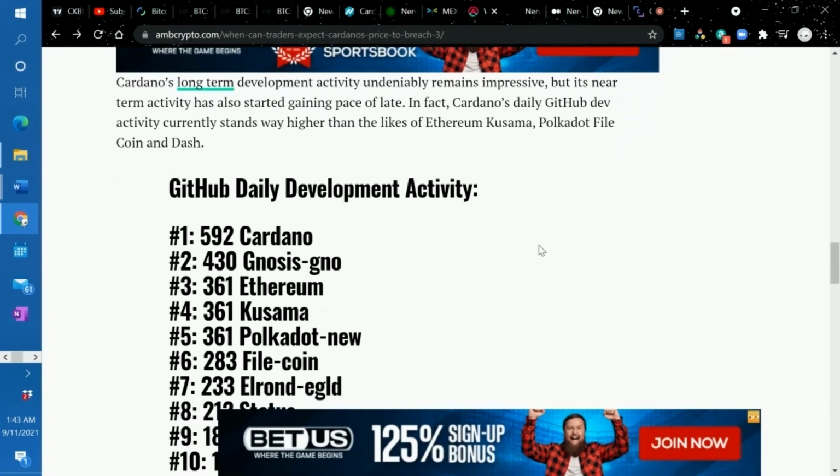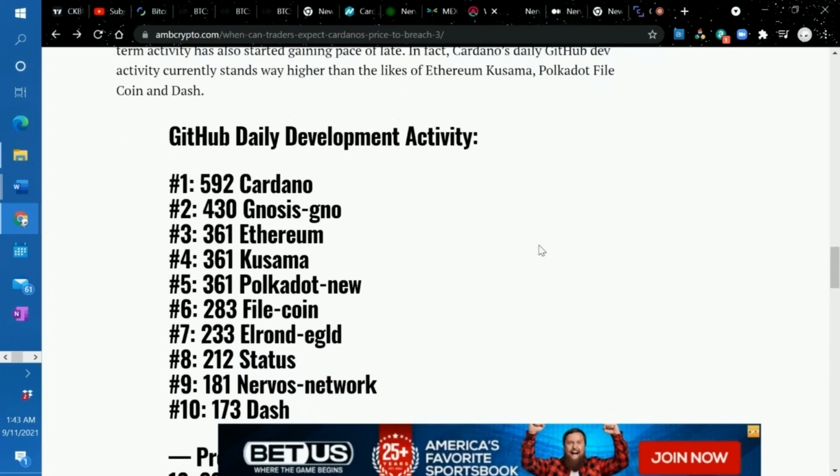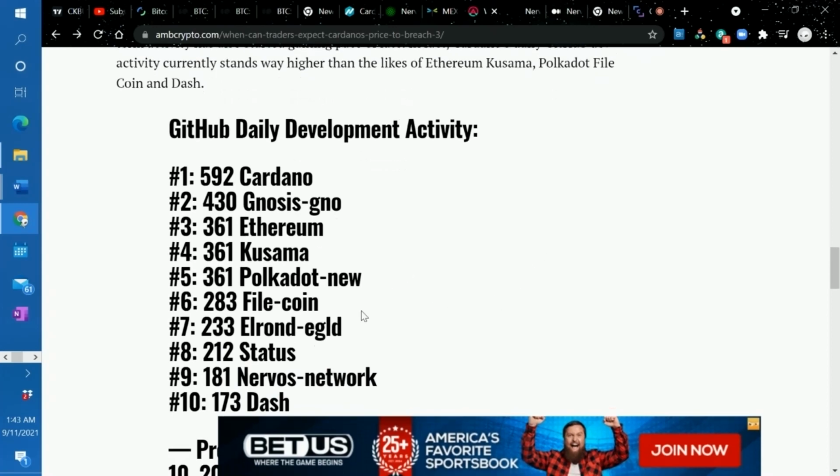So we can see here the GitHub development activity for the leading chains, the top 10 development activity going on right now. Cardano, Gnosis, Ethereum, Kusama, Polkadot, Filecoin, Elrond, Status, and Nervos. Coming in at number 9, Nervos Network. So Cardano looking